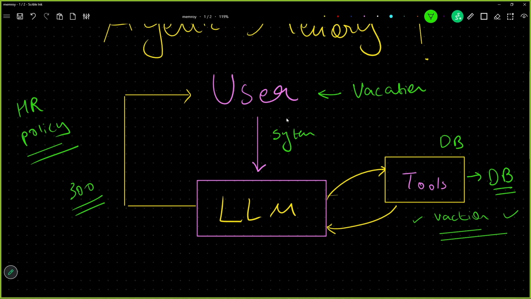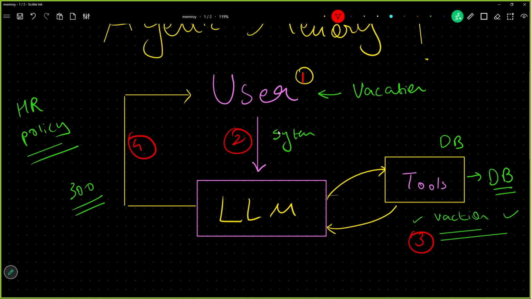Okay. So the information which was flowing is, first, a user message came into the picture. Second, system instructions came into the picture. The LLM was given some instructions on how to behave. Third, the information from tools was received. This is the third thing coming into the picture. And the fourth thing is the response which is being sent back to the user. We can observe four such things over here.